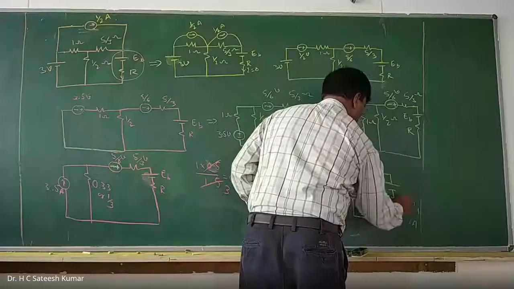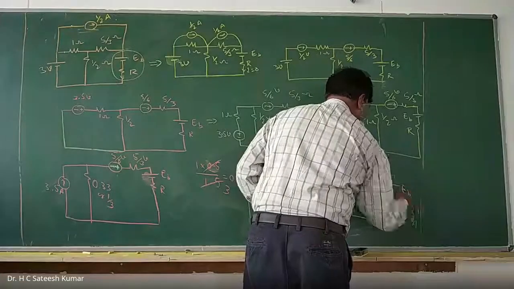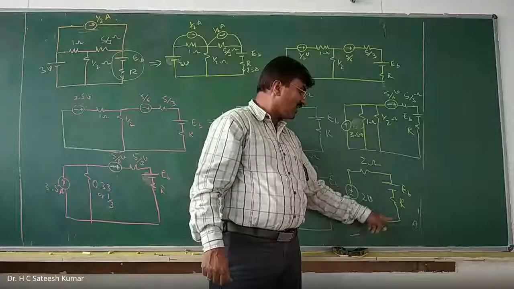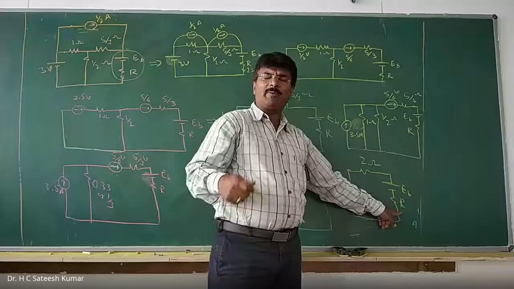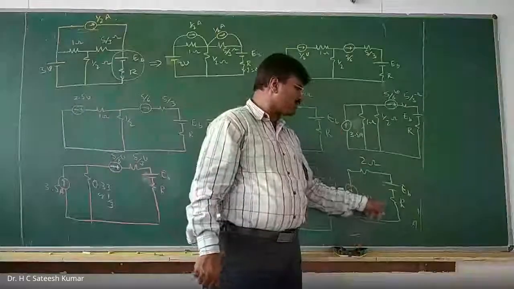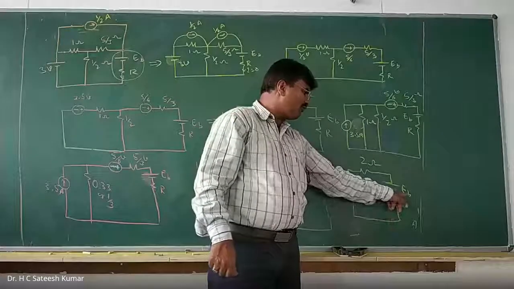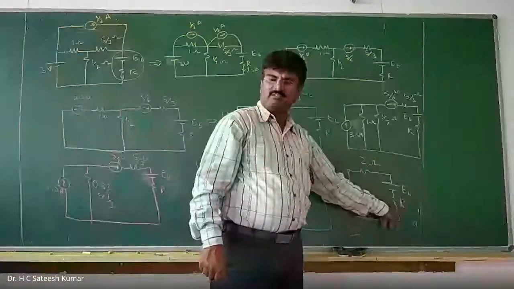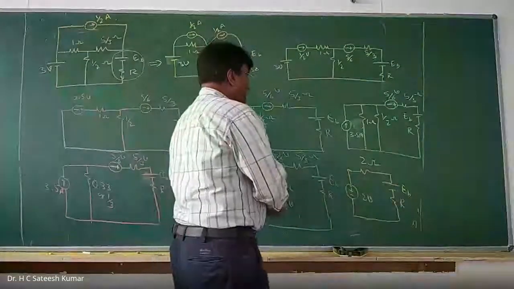The question in the examination is like this. Find the value of EB such that the current flowing through the resistance is 0. This is a competitive examination question, but actually it was asked in papers; we have seen this question. Okay, apply KVL.